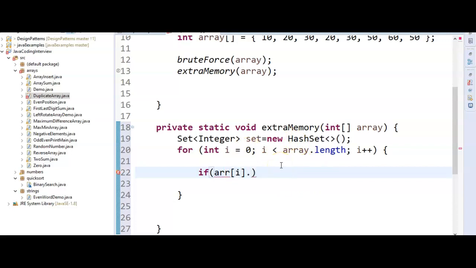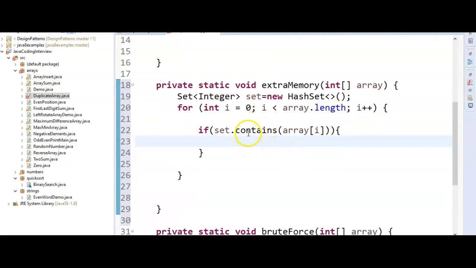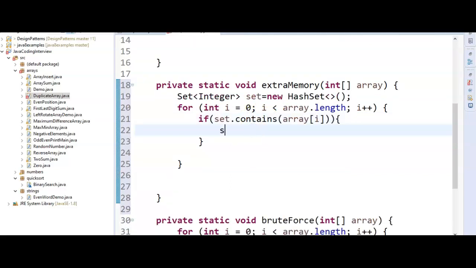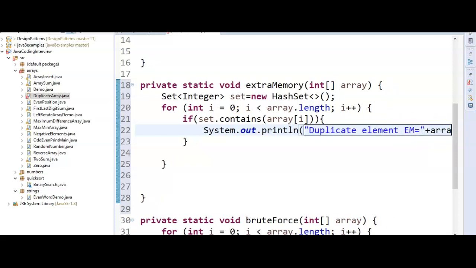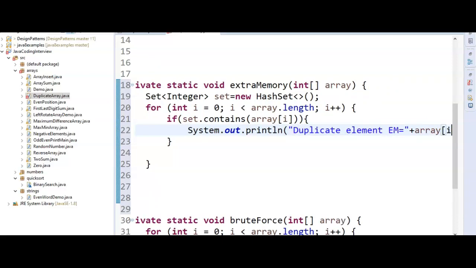So array of i dot, if set dot contains of array of i, we say that System.out.println duplicate element em, just extra memory, equal to, just print array of i.